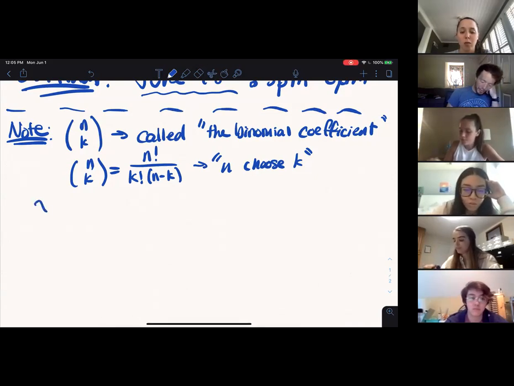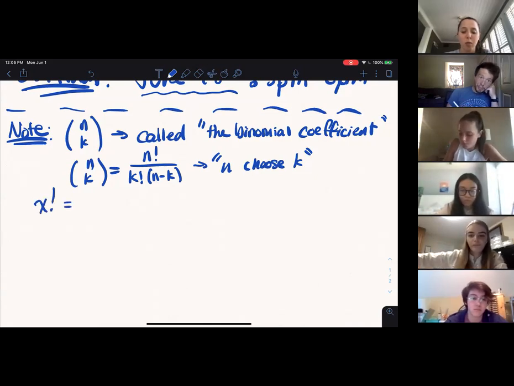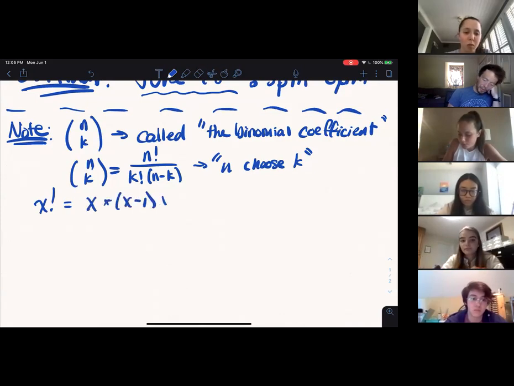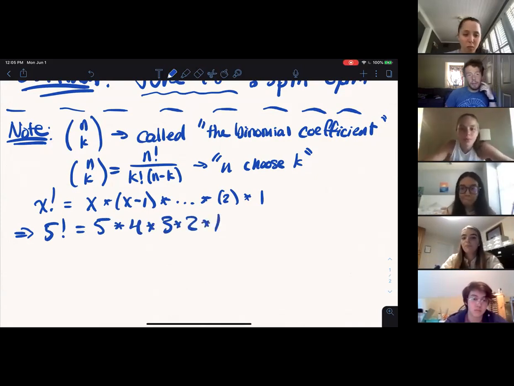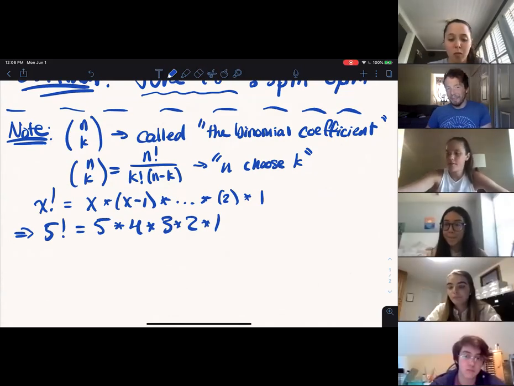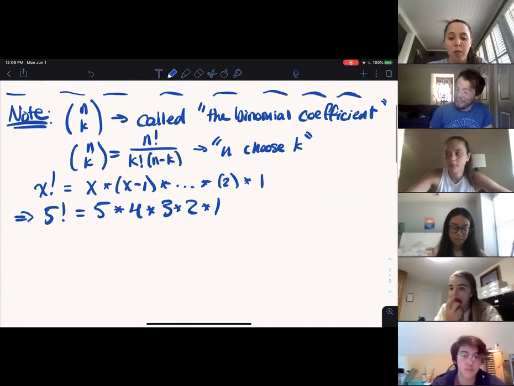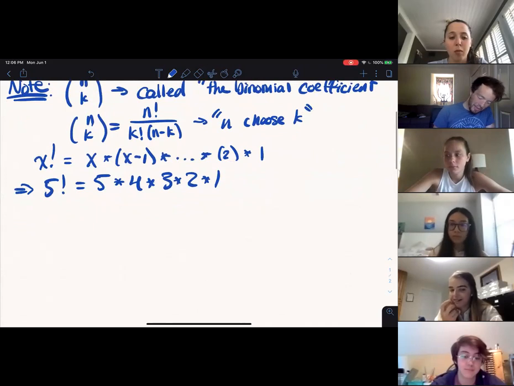I think all of you should have seen this in algebra, but just in case, this exclamation point is called factorial, right? It is x times x minus 1 times all the way down to times 2 and times 1. So, for example, 5 factorial would be 5 times 4 times 3 times 2 times 1. If I glossed over that a little fast, I apologize. Some people mentioned a few things to me that made me think maybe I shouldn't have just assumed everyone had seen this before. So if you have, sorry to waste your time. Anyway, our first topic today